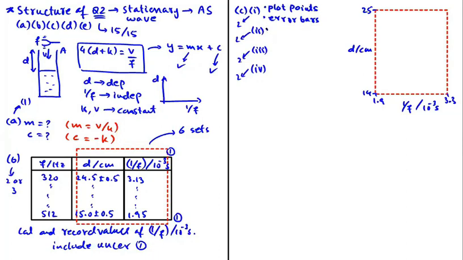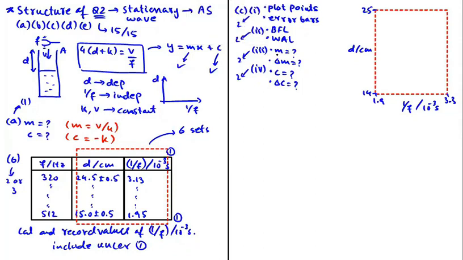In C part 2, we are asked to draw best fit line and worst acceptable line, and this can be done in less than 30 seconds. In C part 3, we are asked to determine the value of gradient of the graph and its uncertainty. Likewise, in C part 4, we are asked to determine the value of y-intercept of the graph and its uncertainty. Students, I have already determined these values for this question, and this is what I got.